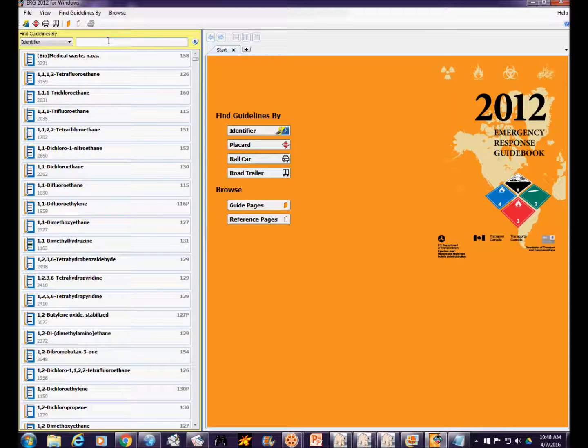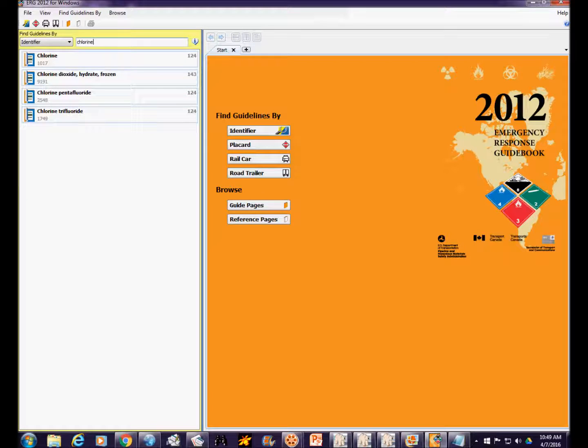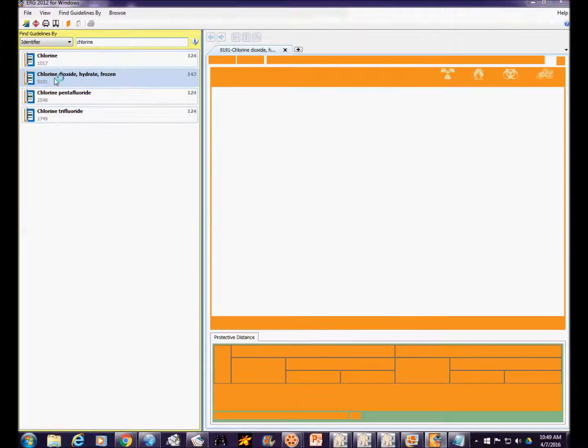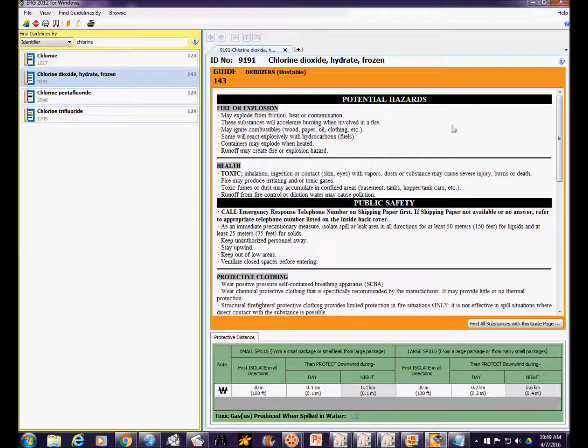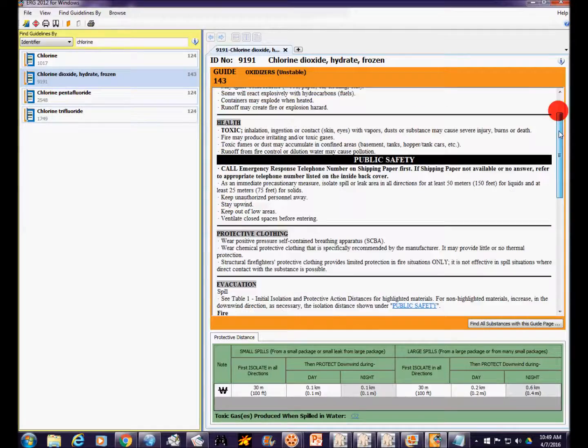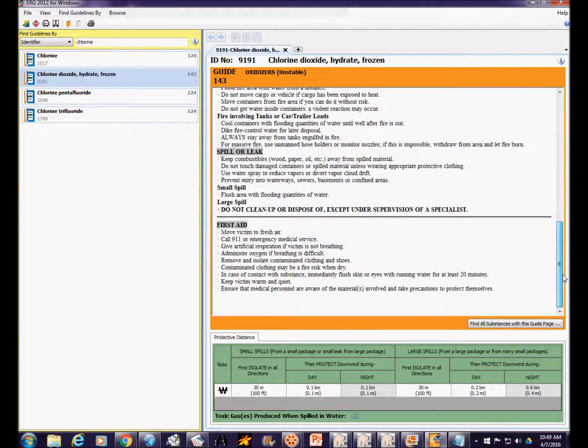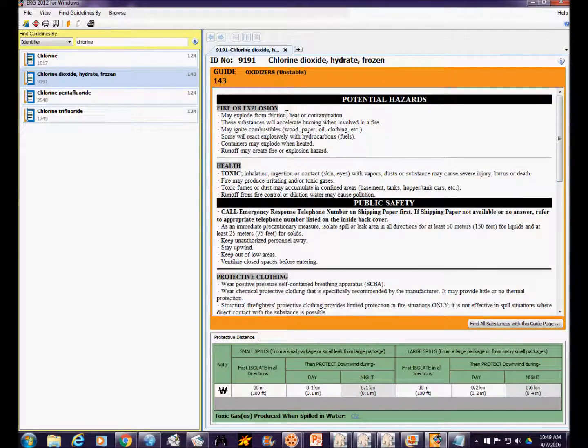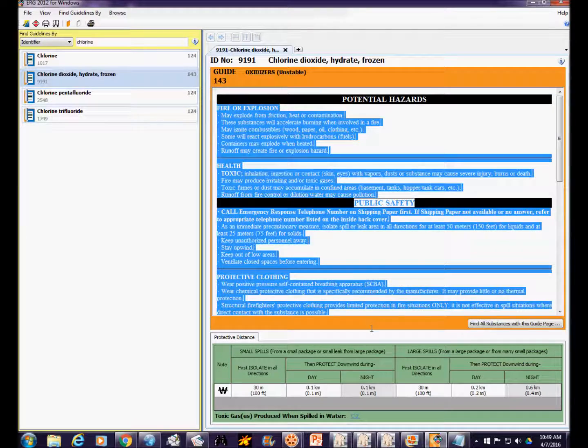It's a lot easier if someone says, oh my gosh, we've got a chlorine spill. When you start typing the name of the substance, it narrows the list down to all possible matches. So let's say it's a chlorine dioxide hydrate frozen. I'm going to click on that, and it brings up all of the emergency response guidelines over here for that substance. So if that information needs to be sent in a message